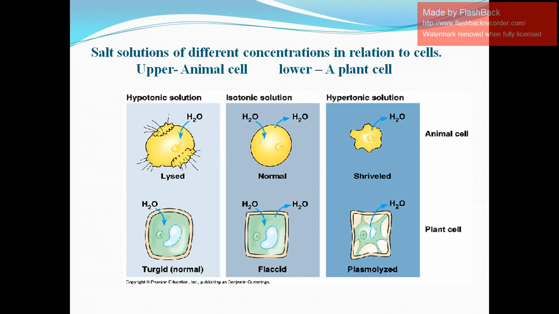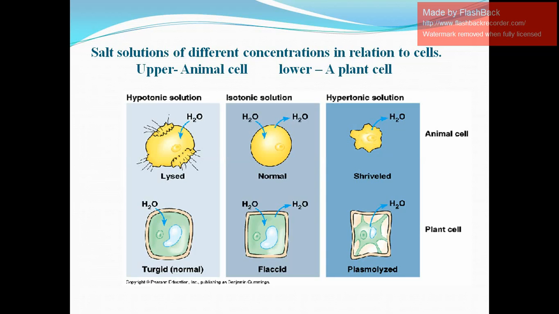The cell swells up, and this swelling up of the cell is called turgid. Sometimes the cell even bursts, especially in the case of an animal cell. It bursts because an animal cell does not have a rigid cell wall, but in a plant cell we find a rigid cell wall. The cell wall is very rigid, right? Now when we place the cell in an isotonic solution, the cell remains the same. There is no change in the size or shape of the cell.